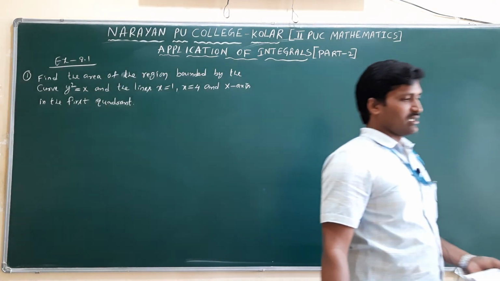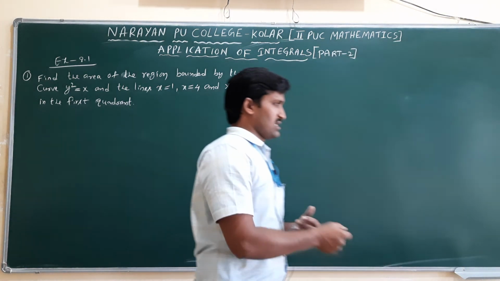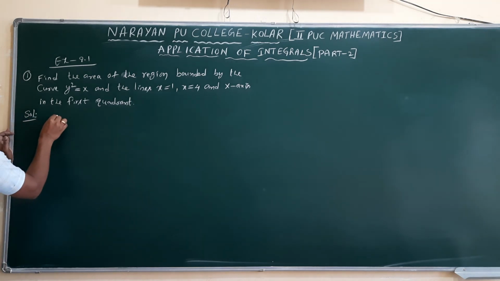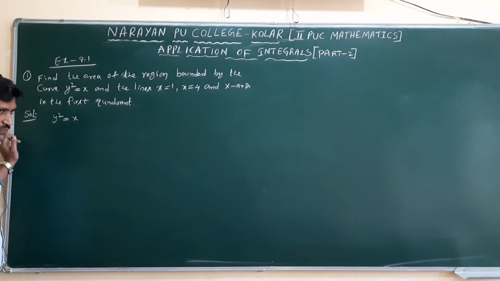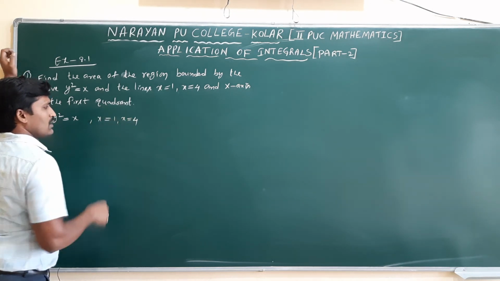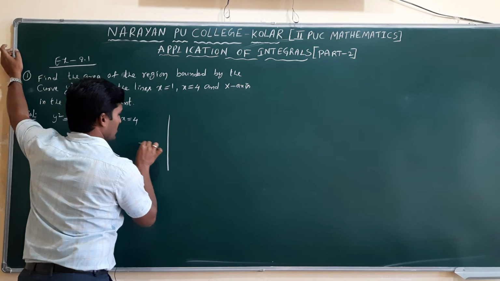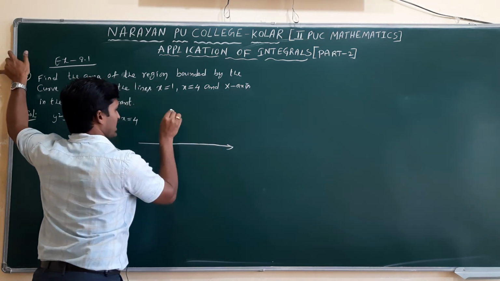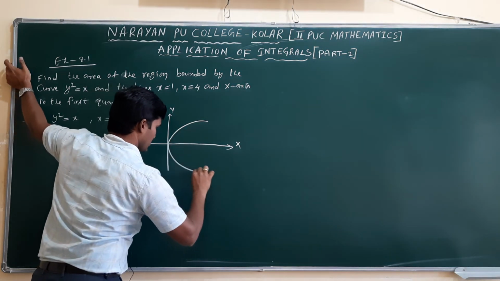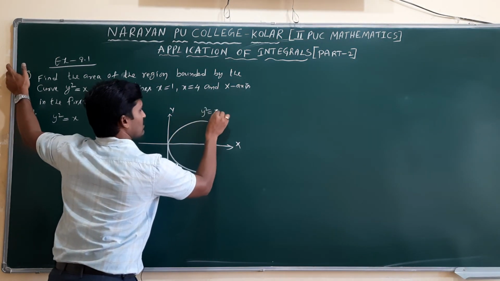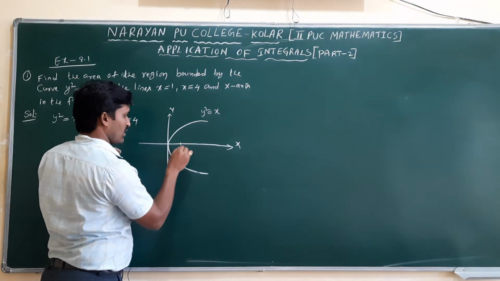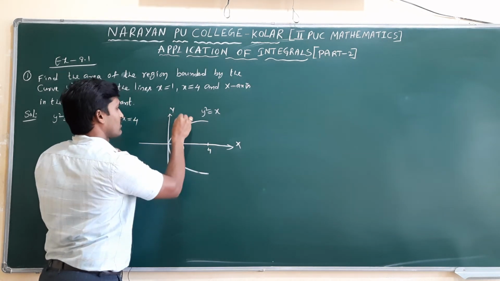Now in previous models we did symmetric areas. Now y square equal to x is clearly the first type of parabola, type 1. The x limits are also given, x is from 1 to 4. Now it's clearly the diagram of the y square equal to 4ax form. This is actually the form of y square equal to x. And x value is 1. For example, I will take this is 1 and this is 4.